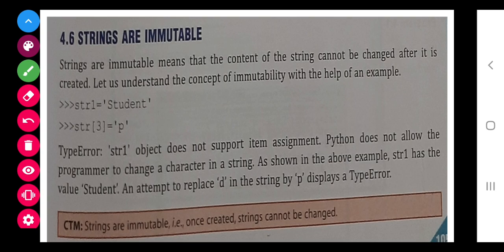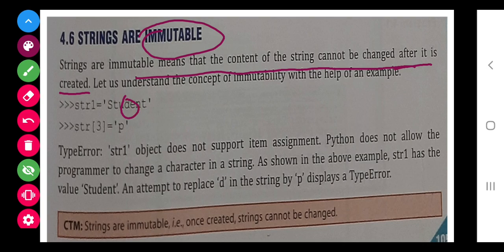Now class, string is immutable. This is a very important point to study. Immutable means the content of the string cannot be changed after it is created. We cannot replace any character of a string because it is immutable.